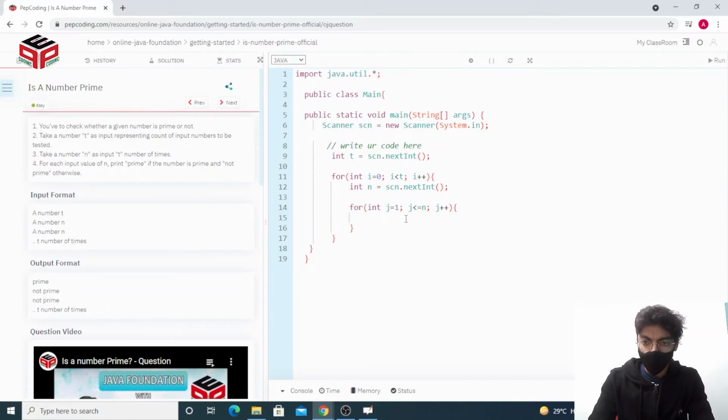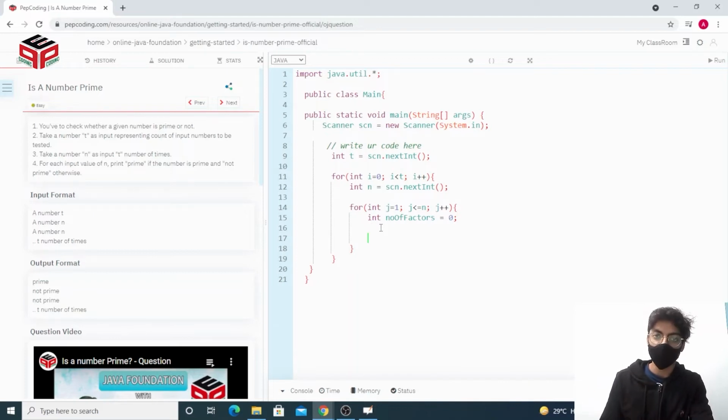Now, I'm going to initialize a variable called number of factors, which will be 0 in the beginning, as I discussed. If the number of factors happens to be more than 2, that is, if we have more factors than the number itself and 1, then that means that the number is not prime.